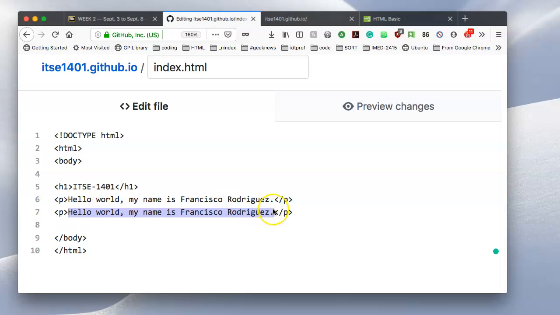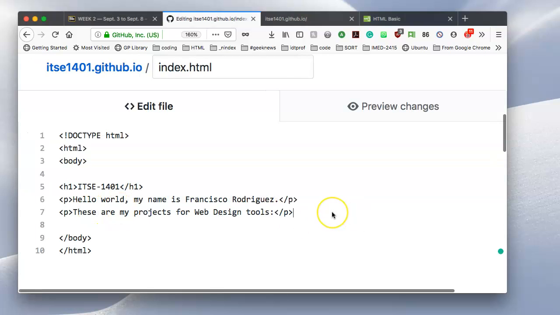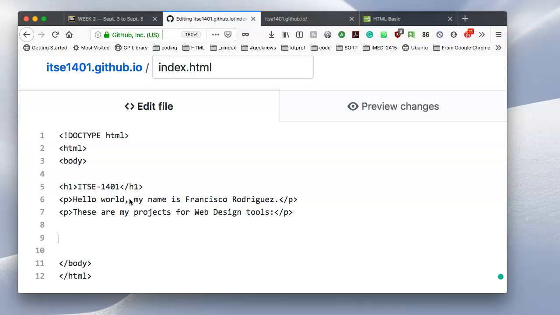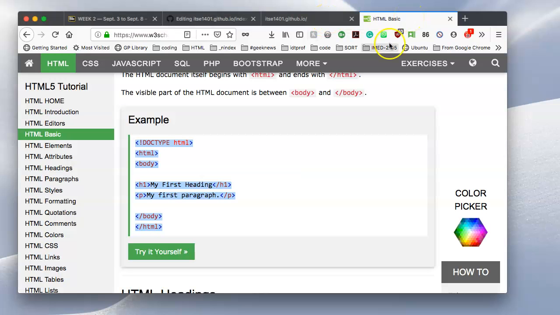And then I can change this to, these are my projects for web design tools, colon. Now, just like you can in Word or word processing software, I can put in a bullet list. I can type in the bullet list here, or I can go get some code from the same page,